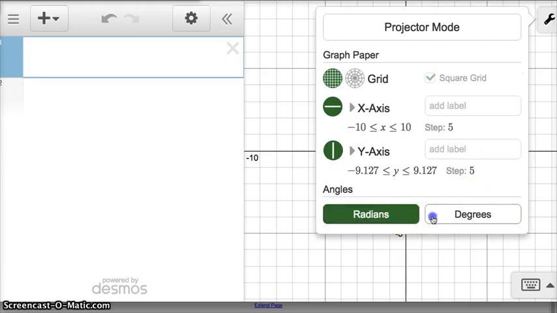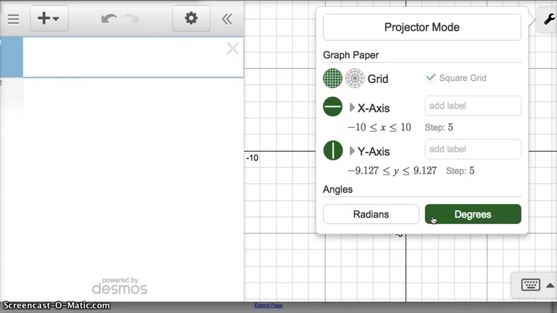Radians and degrees are two different units of measure. Think about inches versus centimeters. If you're working in inches, but your calculator is set to centimeters, which may not make a whole lot of sense, but we need to make sure we're all in the same units. Because the problem deals with a 60-degree angle, we need to make sure that the calculator knows that we're working